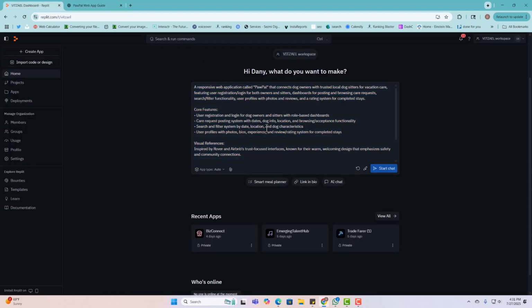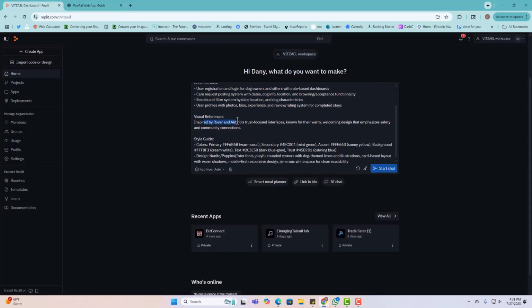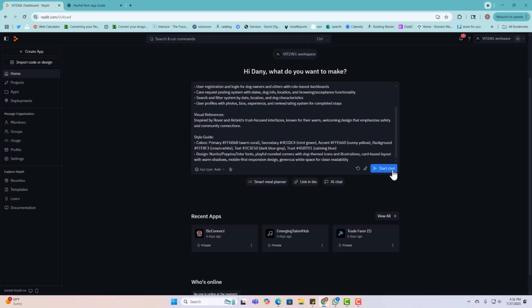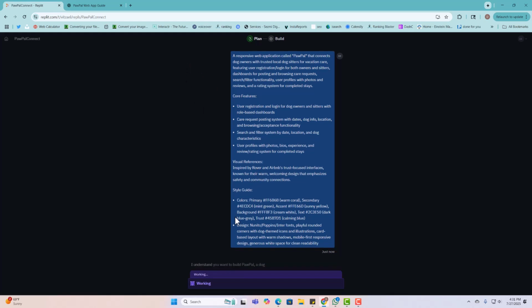So let's say we're good with that. It's inspired by Airbnb's trust-focused interface and everything else. So then you just click start app. And as you can see, it's going to start building the app. While it's doing this,